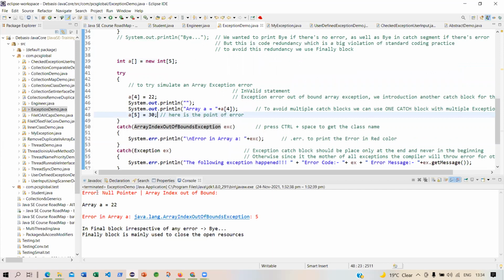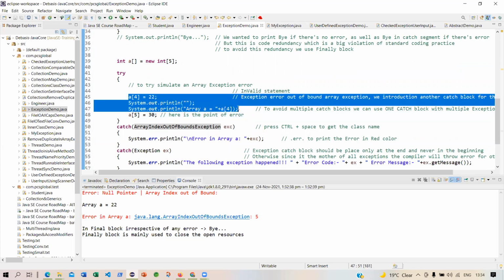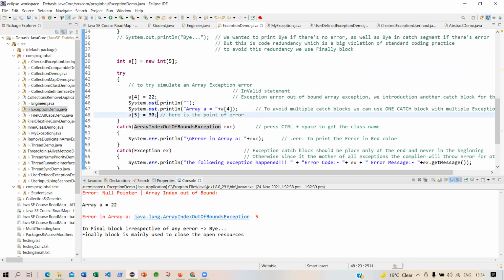Null pointer. Sorry. Oh, here you are printing the array value. Yeah, because you have stored this thing and you have executed this. These are not the point of error. This is the point of error. So it will execute this normally, and it will print array A equal to 22. After that, it is going here and it finds an error here. And you have handled that exception, and you are showing the error in array in red, and you have given the exception. So this is an error code